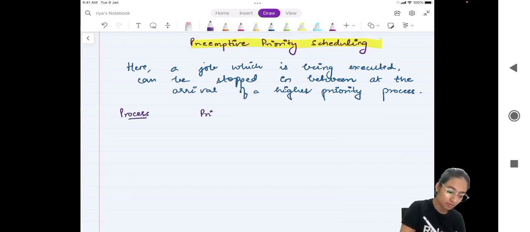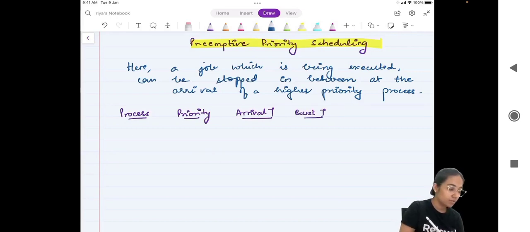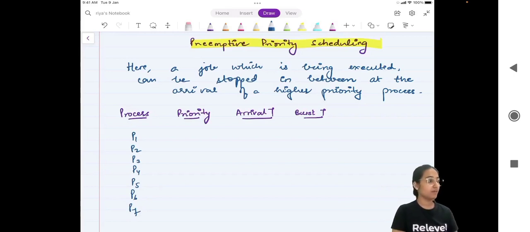Process, priority, arrival time, burst time. Process again is P1, P2, P3, P4, P5, P6 and P7. Okay,